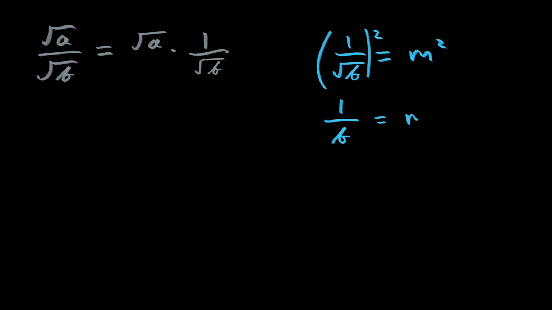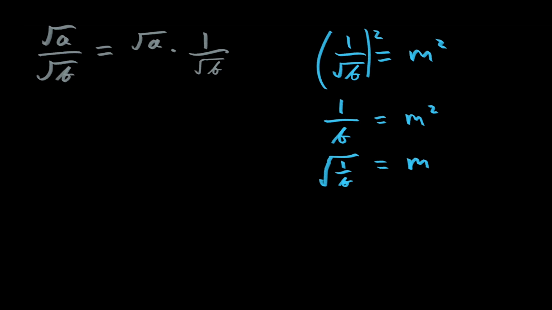And that's still just going to be equal to m squared. Okay. And then we can take the square root of both sides, and we would be left with the square root of 1 over b